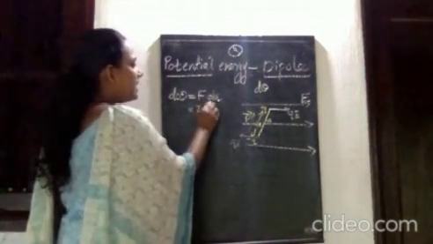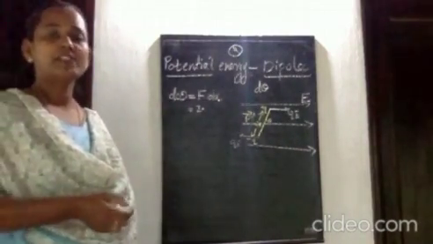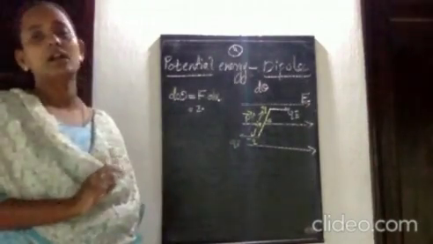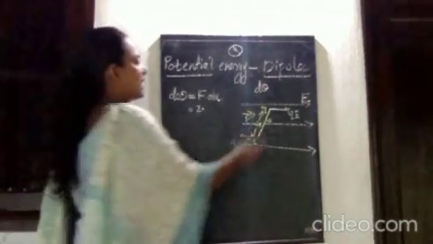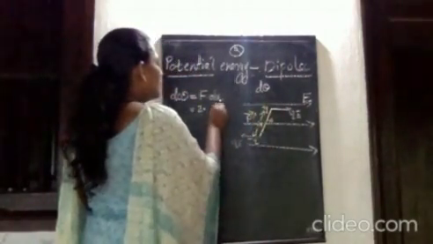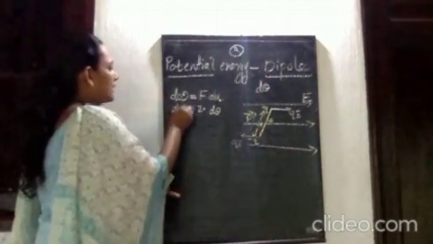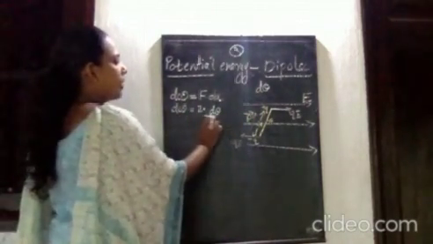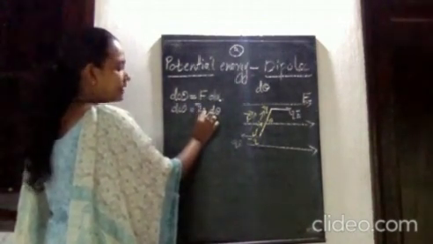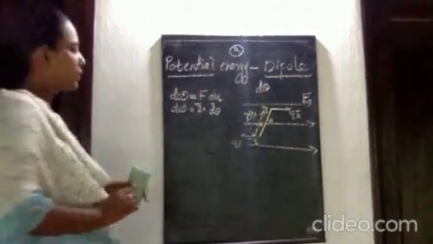Therefore F dot dx, where dx is linear displacement. But here the dipole is not undergoing a linear displacement. It gets turned through a certain angle, so we consider the dipole rotated through an angle d theta. Therefore it becomes tau d theta. So the work done to rotate a dipole through a small angle d theta is tau dot d theta.